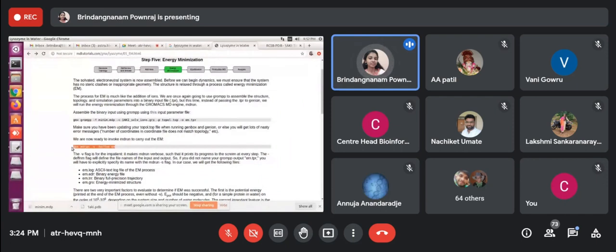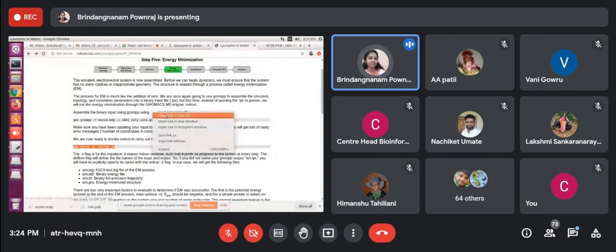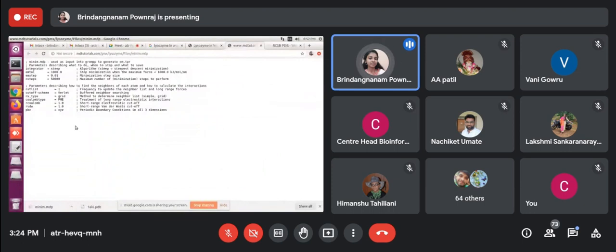Now I'm going to run all the parameters we assigned. Now I'm going to run energy minimization. So if you see here, I'm using the algorithm steep. To do energy minimization, there are two algorithms.